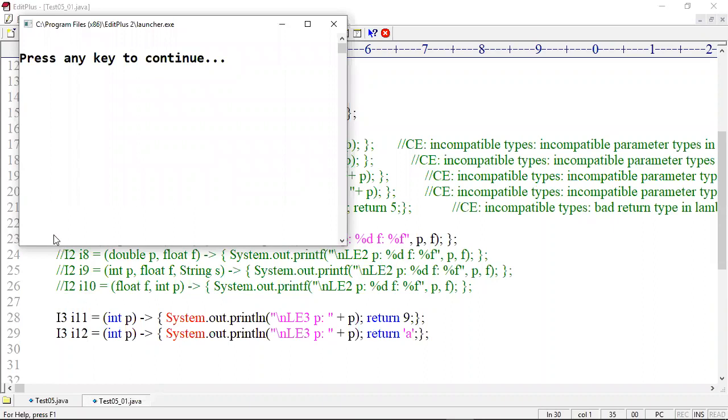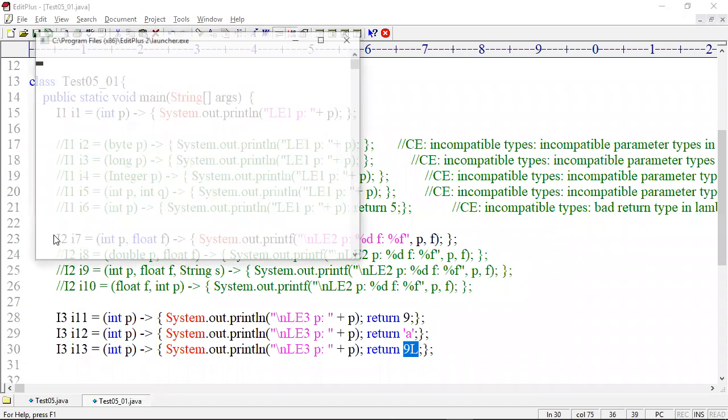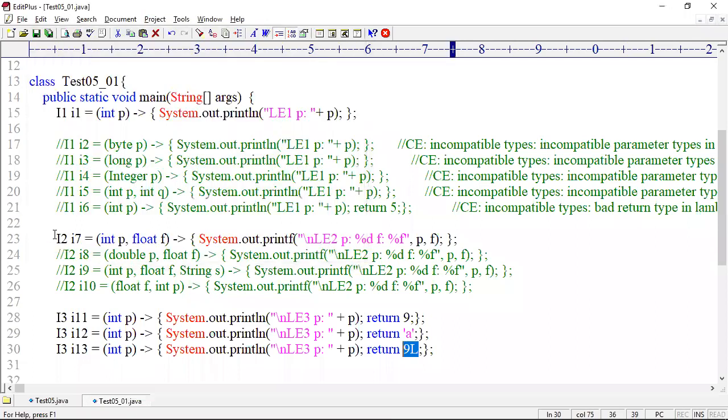Yes. Okay. Can I take higher values? I13 equal to higher value 9L as the return type. Allowed or not allowed? Not allowed. The compiler throws an error: incompatible return, bad return type in lambda expression.